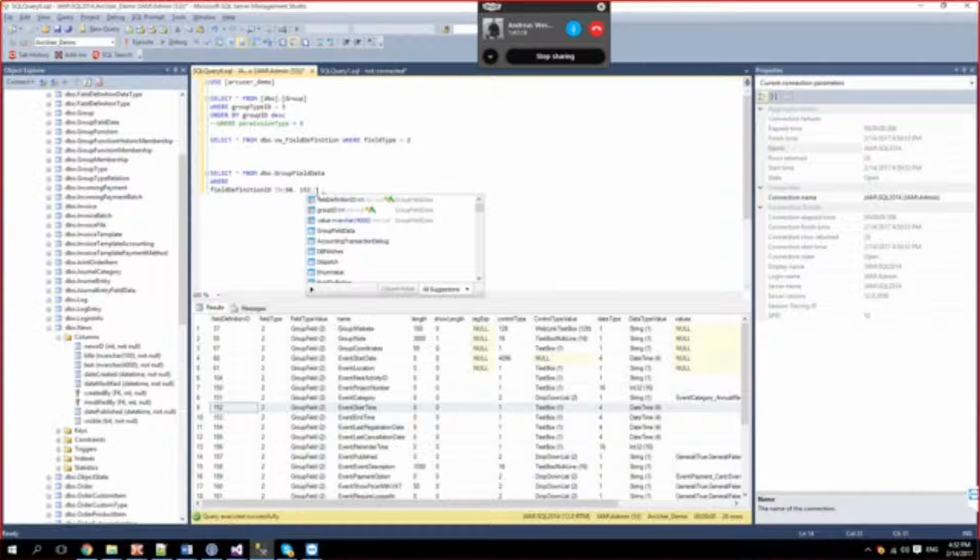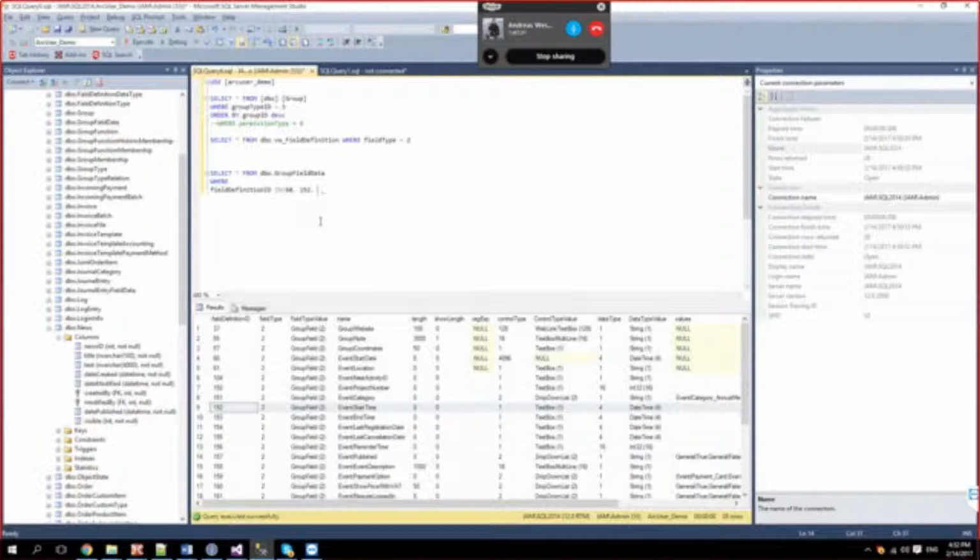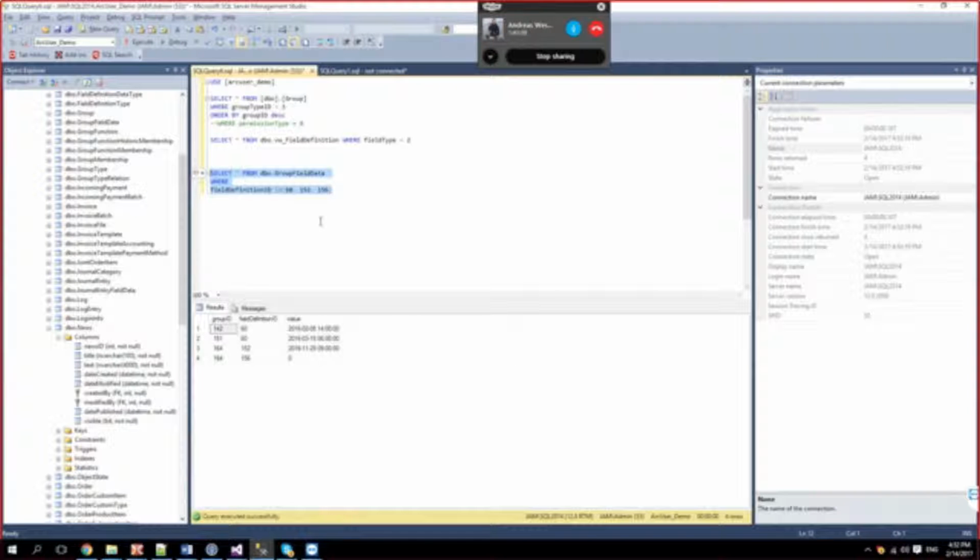Yeah, I think so. It appears that we only got one in this dialogue. Start time. Oh. So one of them corresponds to that one. Yes. Well, we'll probably end up seeing it when we finish this SQL statement. 164, that's the event we're working on.